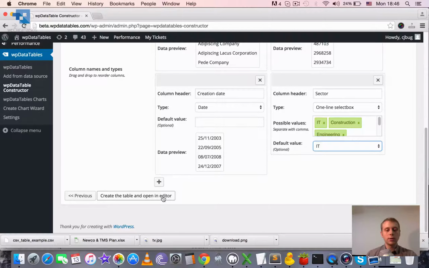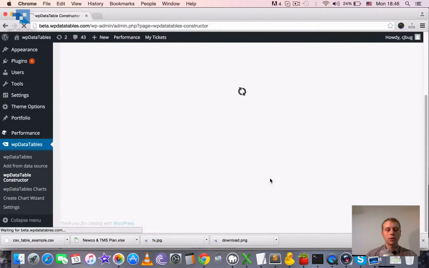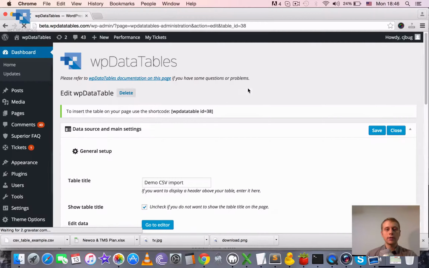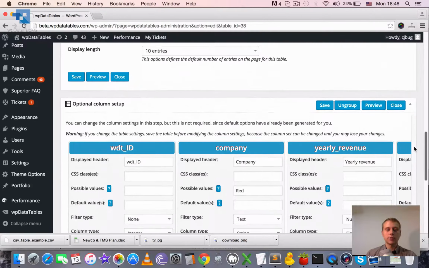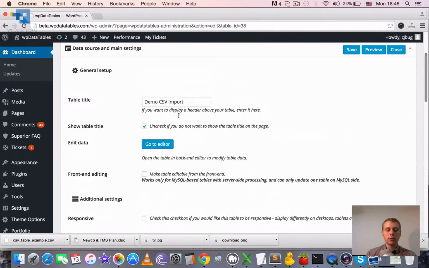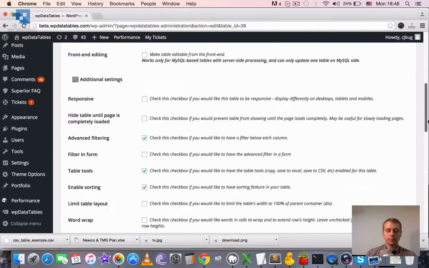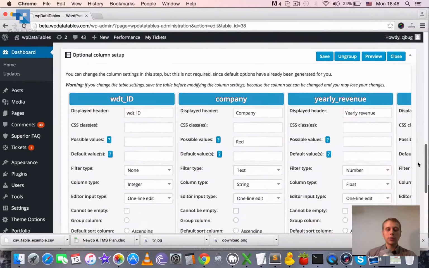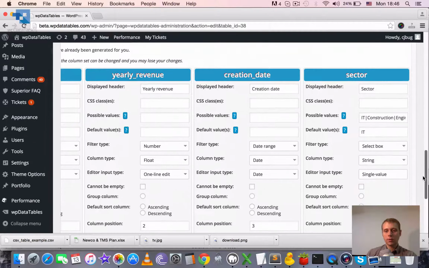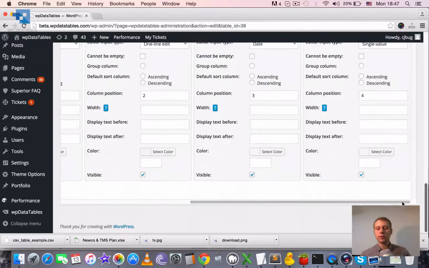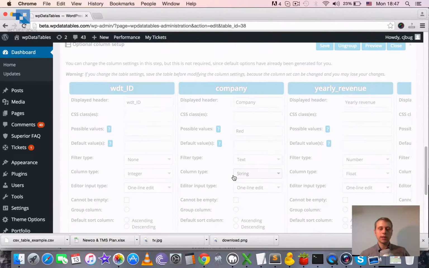So let's see, we are clicking, it's loading, and then it takes us to the backend structure of wpDataTable. So we can see our column settings, and we see, for example, sector, the default value is IT. I will remove it now since it's pre-filled the imported columns. We can save it once again,